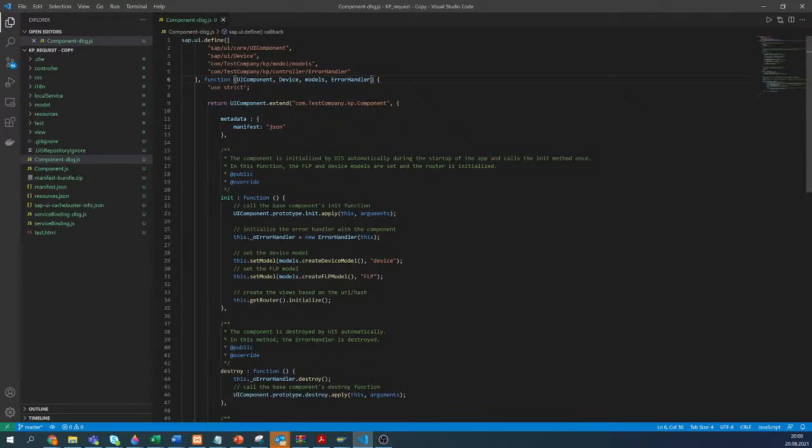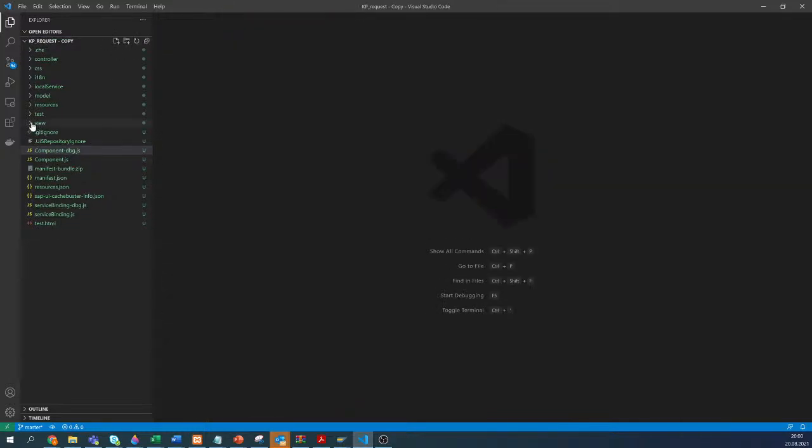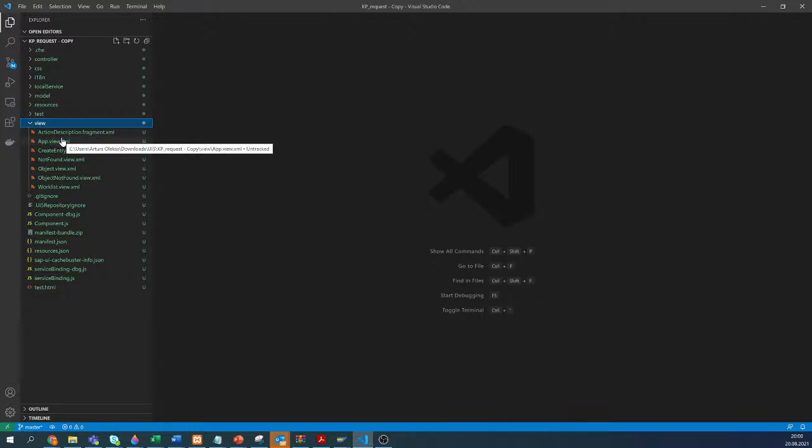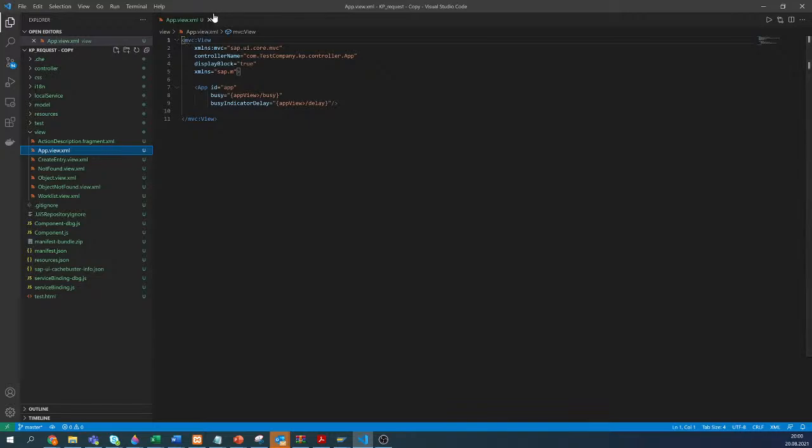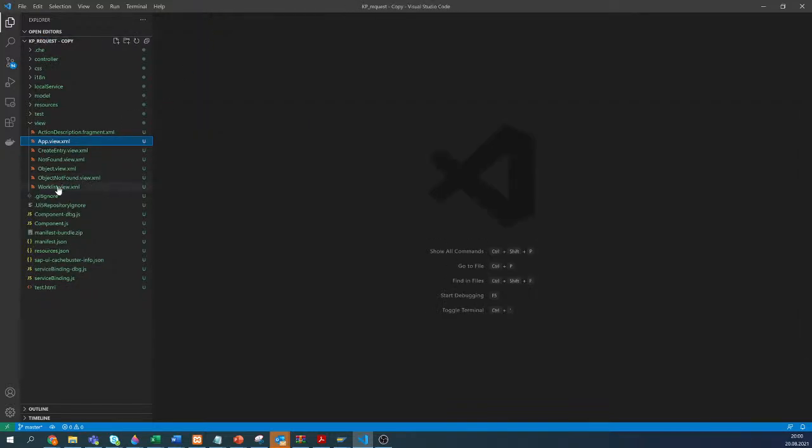In some cases actions may be defined here, but that's maybe not so crucial. The most important things are defined for the views. And here we have the actual definition for the view and for the view fragments used for the actual pages. So, for example, okay, this is actually maybe not so interesting. Let's maybe take a look at